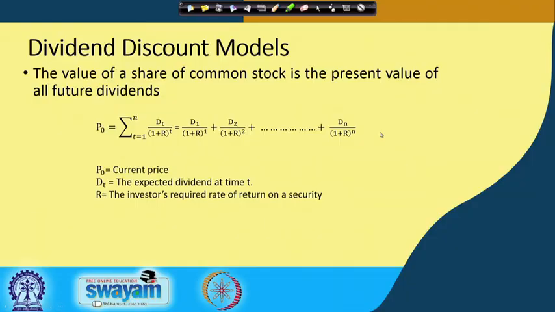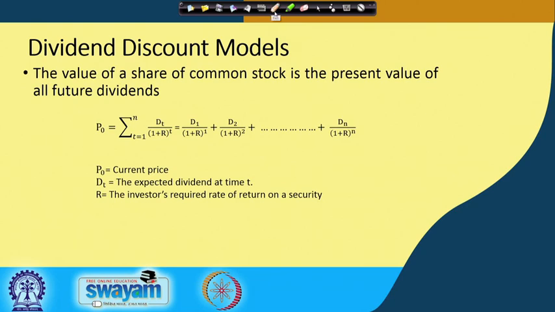If you remember, in the beginning we discussed certain conceptual issues related to valuation. The price of any kind of asset is nothing but the present value of the future cash flows. Whenever we talk about future cash flows and think about stocks, what are the possible future cash flows related to the equity or the stock?